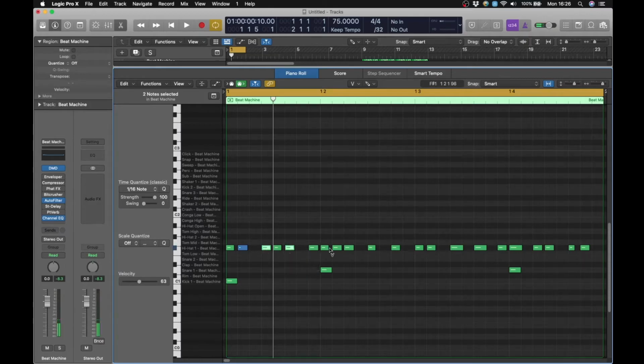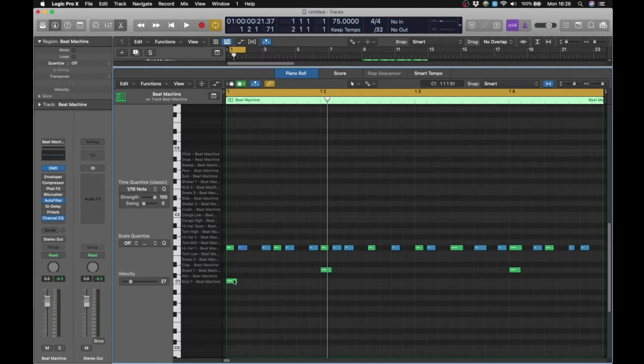What we can do, and I'm actually going to draw, I'm going to select all of them. Here we go. So I've got all of my hats that don't fall on one of the actual beats in a bar or halfway through a beat. I'm going to turn them all down. And it just gives us that little bit of dynamics. It just makes it a little bit deeper what we're doing